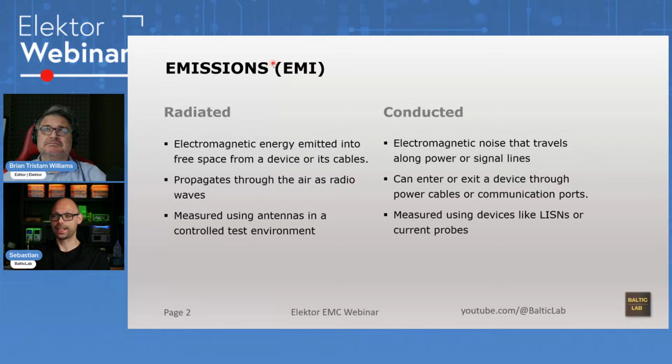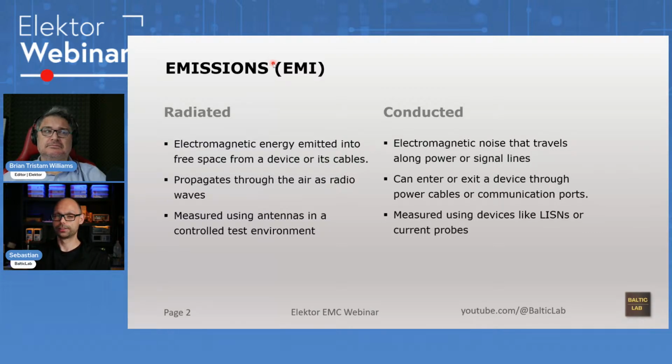That's electromagnetic energy emitted into free space from a device or its cables. So this is the stuff that influences your radio directly through the air, for instance. Then one thing that's not thought of very often, at least not among semi-professionals and hobbyists, is conducted emissions. You also conduct interference signals over the supply lines or data lines. If you've ever placed a USB 3.0 cable too close next to some wireless receiver, you might have noticed that